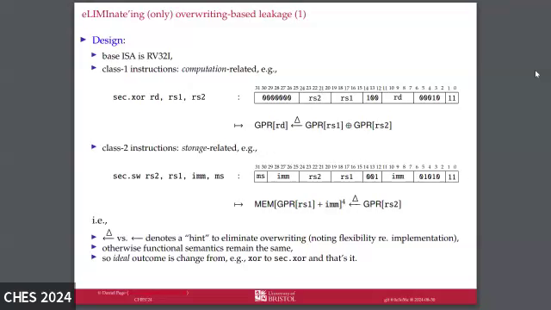I think a bit of a challenge, maybe I'll come back to it later if I have time, is to express that hint in a way that's constraining enough that it's useful, so it provides a guarantee to the software developer that they can leverage to write better, more secure software, but not over-constraining such that you simply can't realize it in the microarchitecture. So finding a balance between these two things is somewhat delicate. If you were to extend this type of approach to other forms of microarchitectural leakage, then that becomes more and more difficult. But we're very strictly considering overwriting-based leakage alone here, which you view as necessary but not sufficient to eliminate all leakage, of course.